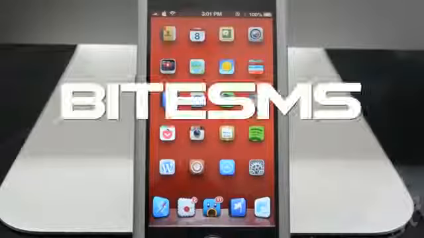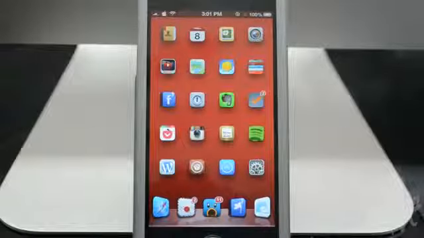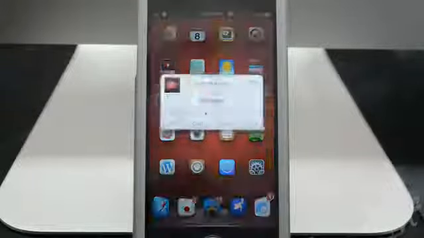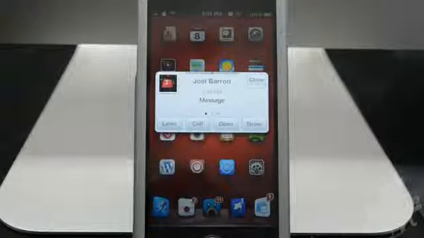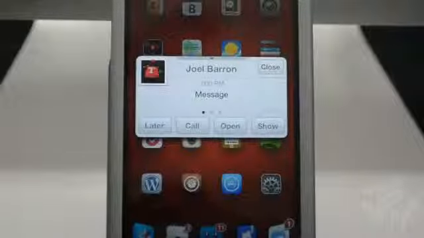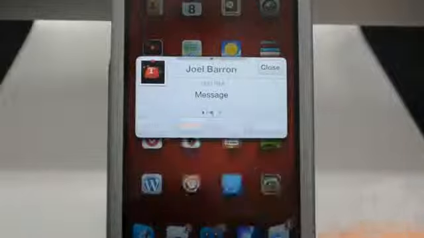Next, we're going to talk about Byte SMS. Now, this is available for $8, but if you want to try it out first, you do get a free trial. Now, what this simply does is it replaces Apple's message app and gives you various useful features. Like, for example, when you receive a text message, you do see this little notification pop up right here. You can actually simply reply from this message instead of having to open up your message app